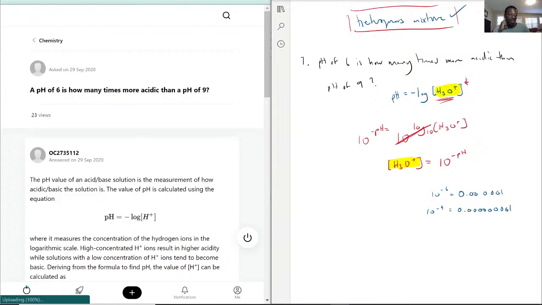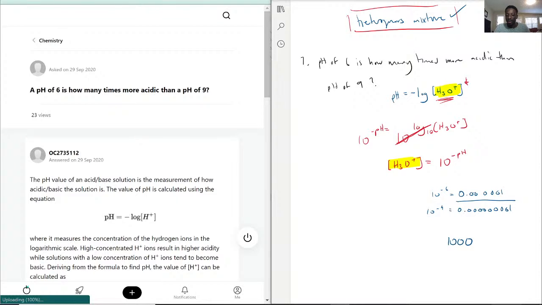Perfect. So now we divide this 6 by the 9 to find out how much 6 is stronger than 9. So we have 1 times 10 to the negative 6 divided by 1 times 10 to the negative 9, and you will see that you should get an answer of